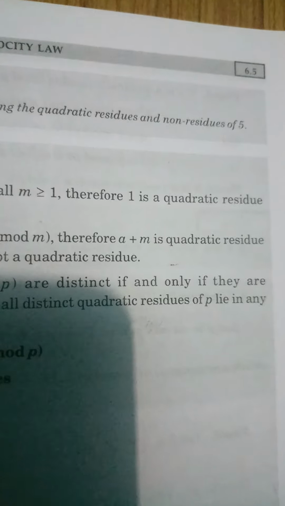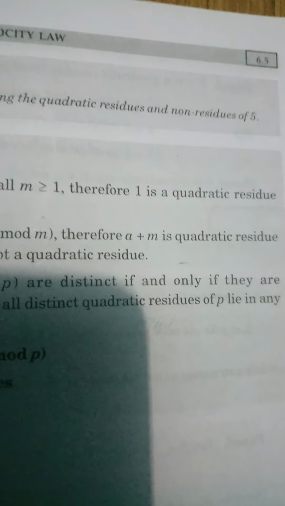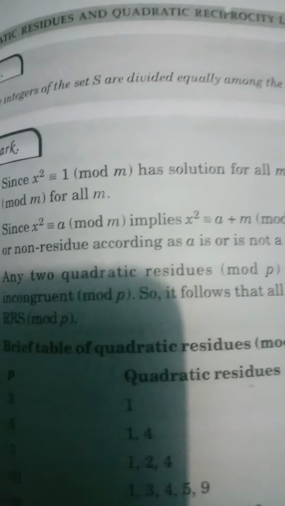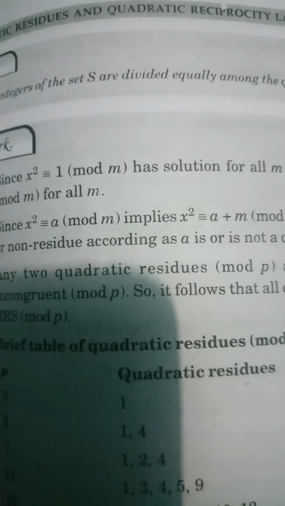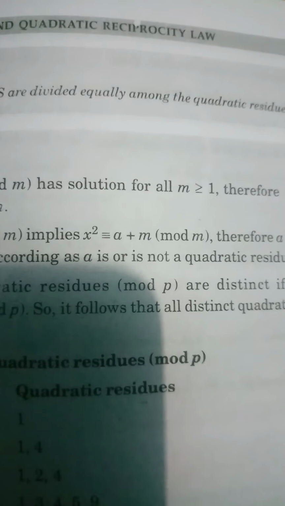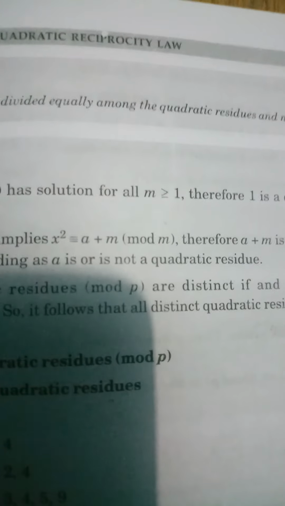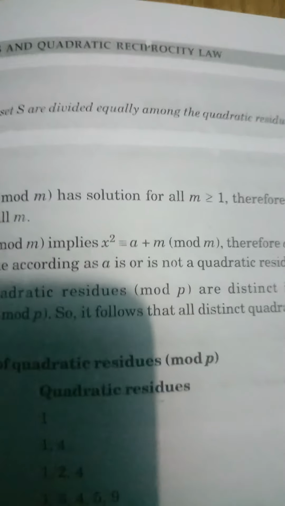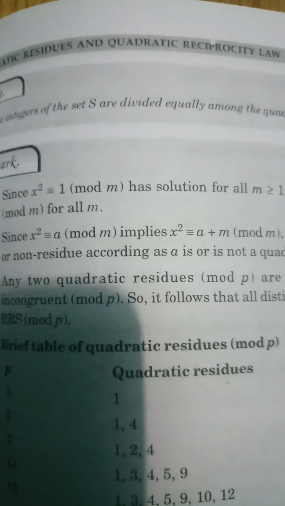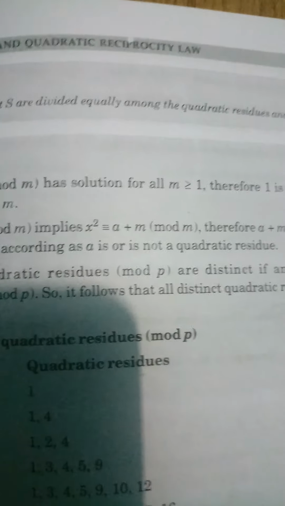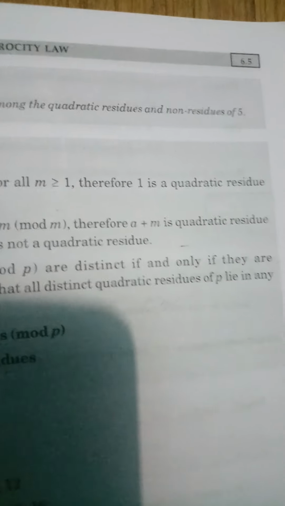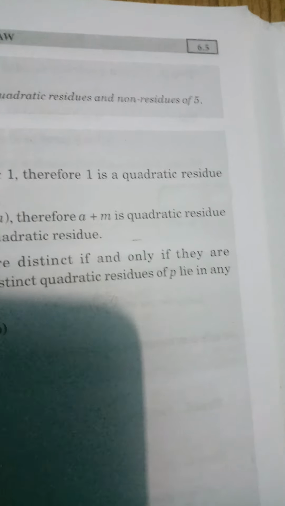Therefore, a plus m is a quadratic residue or non-residue according as a is or is not a quadratic residue. Since x square congruent to a mod m implies x square congruent to a plus m mod m. Therefore, a plus m is a quadratic residue